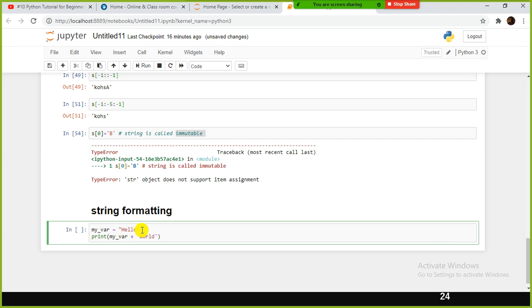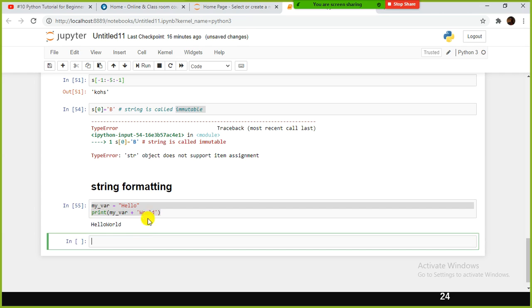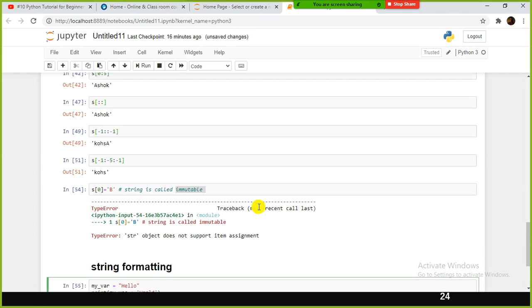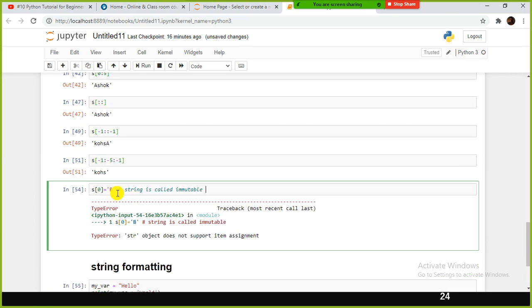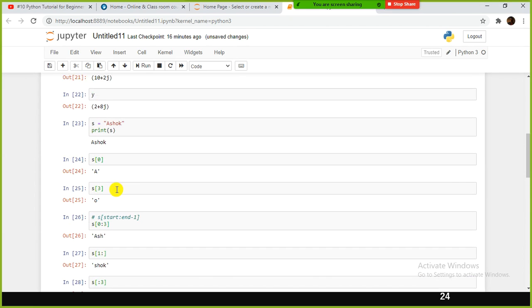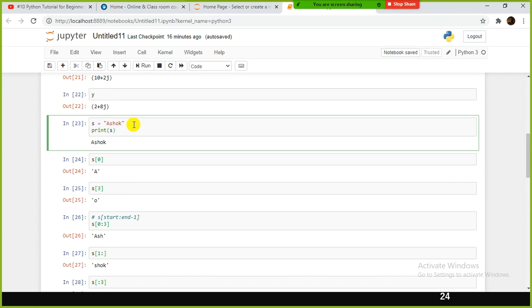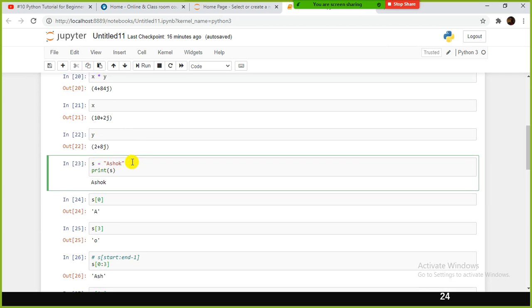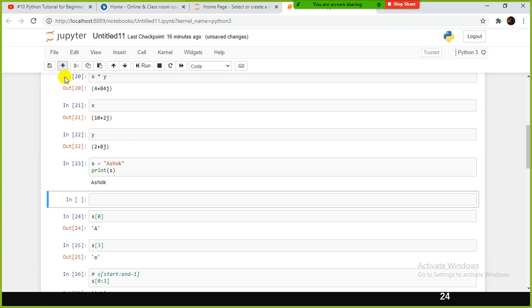Satya, one thing here, can you scroll all the way up where you are mentioning S equal to Ashok? Can you assign S equal to Ashok in single quotes? Yeah, you can do it that way also.